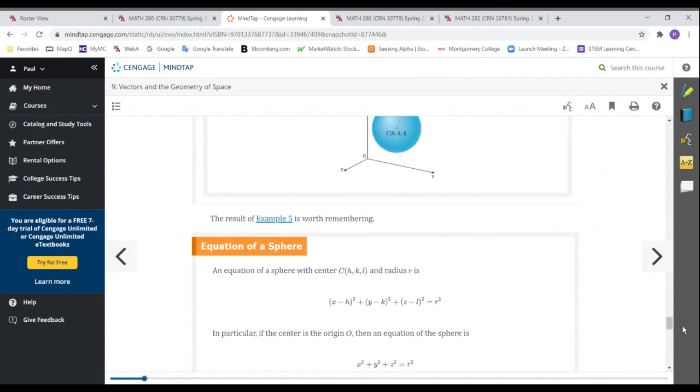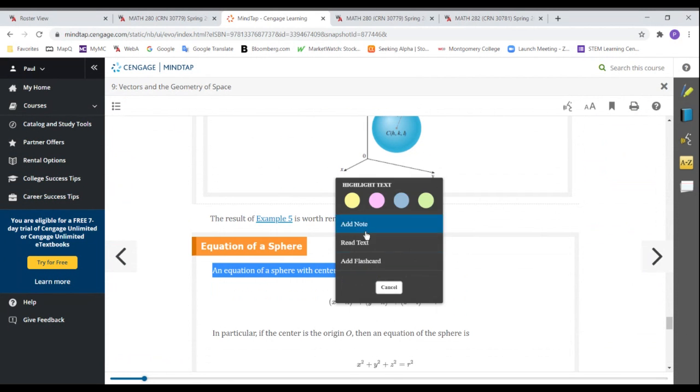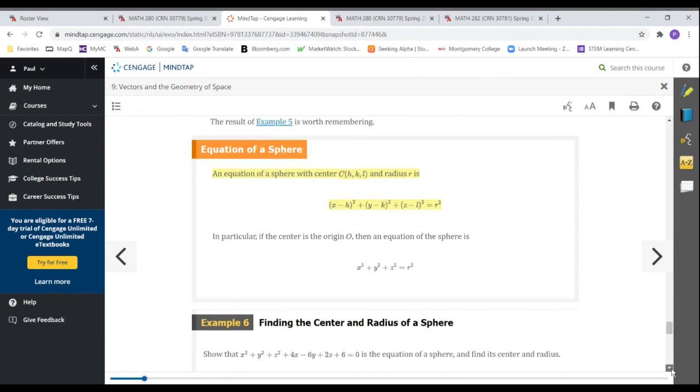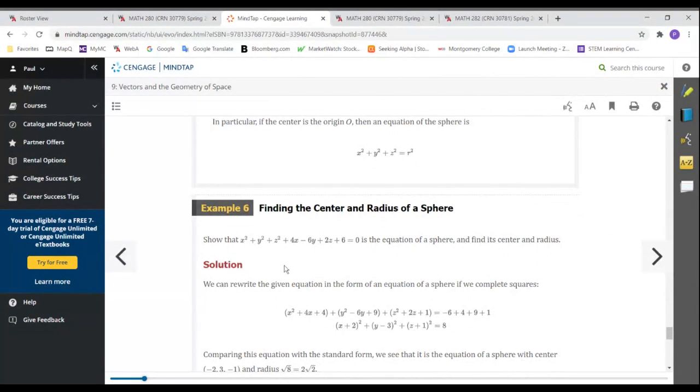Okay, so the equation of a sphere is basically an extension of the equation of a circle. That's the equation of a sphere. And like with circles, they would give you the equation of a circle, and you'd have to rewrite it to find its center and radius. You'd have to complete the square. Well, with finding the center and radius of a sphere, you have to do a similar thing. So in example 6 here,